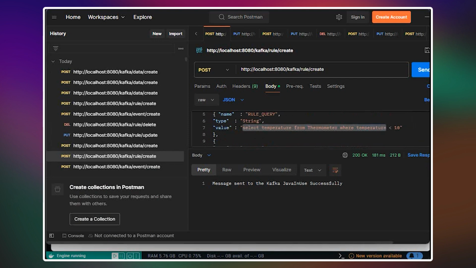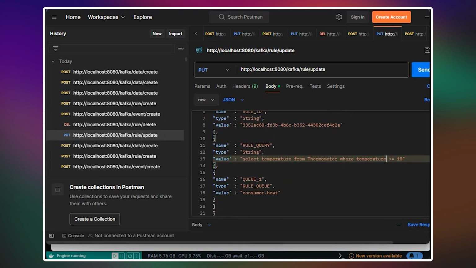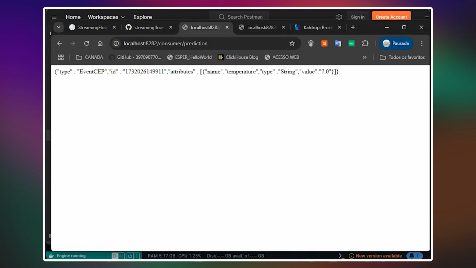Okay, I just put another copy paste here, but right now you understand that the temperature is over 10. And in that sense you respond in the heat listener, not in the prediction one.